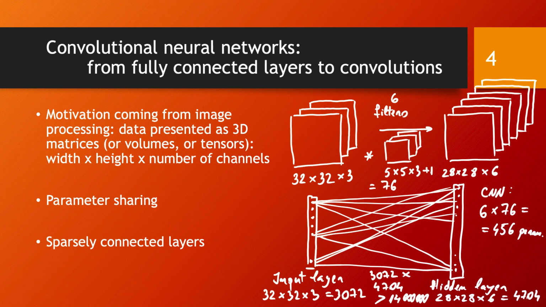And this is just for the first hidden layer, but the difference between how many parameters we would need in this case, 456, and more than 14 million parameters in the case of a fully connected network is really drastic. And this lays at the very foundation of the motivation why it makes sense to go for convolutional neural networks. They are conceptually simpler and they have drastically fewer parameters than the fully connected networks, and as a consequence of that, they are going to converge faster and they are going to need far less data to train than a fully connected network.